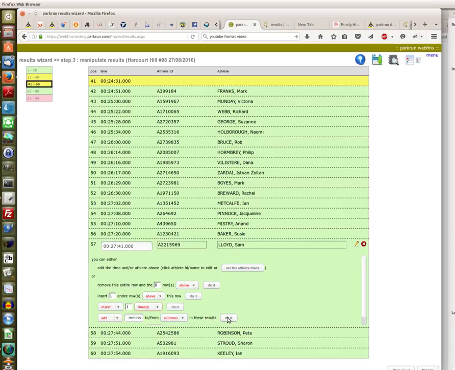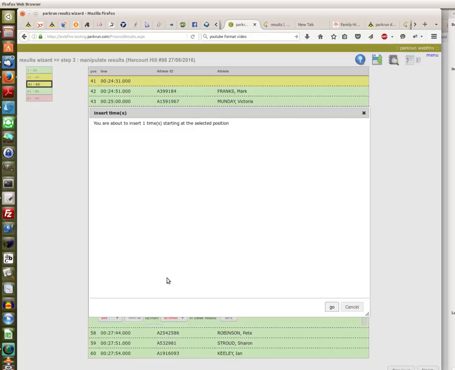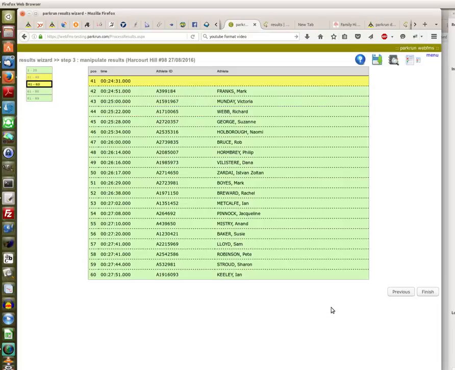So let's just have a look at that. Whoops, here we are, do it. I nearly did the wrong thing. Add times from, we don't want to add times. This would be something you'd use if you started your stopwatch at the wrong time or something. Anyway, insert a time, do it, about to insert a time, go, and now we have Sam 27:41,